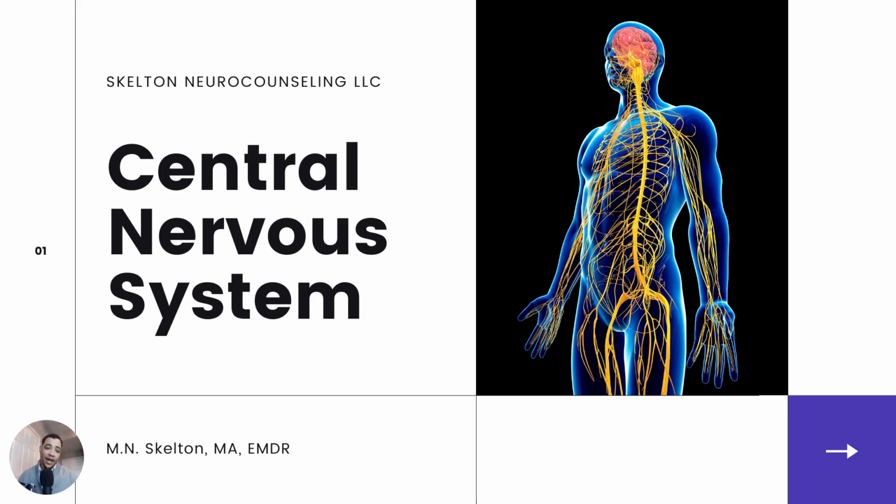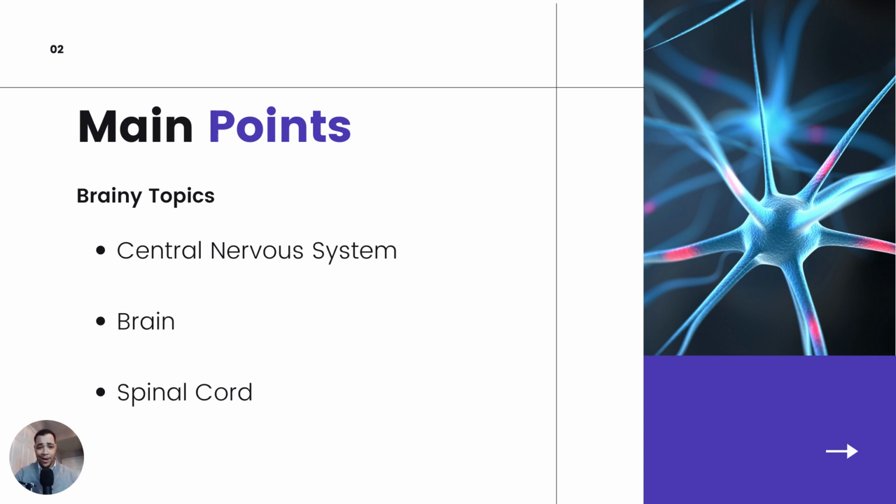We all know that knowledge is power, so let's learn a little bit more about the central nervous system. It basically controls every aspect of what you do. You're moving, you're talking, your entire being. Medical News Today says that it's called central because it combines information from the entire body and coordinates activity across the whole organism. So you can see here the three main points that we'll be discussing today briefly is